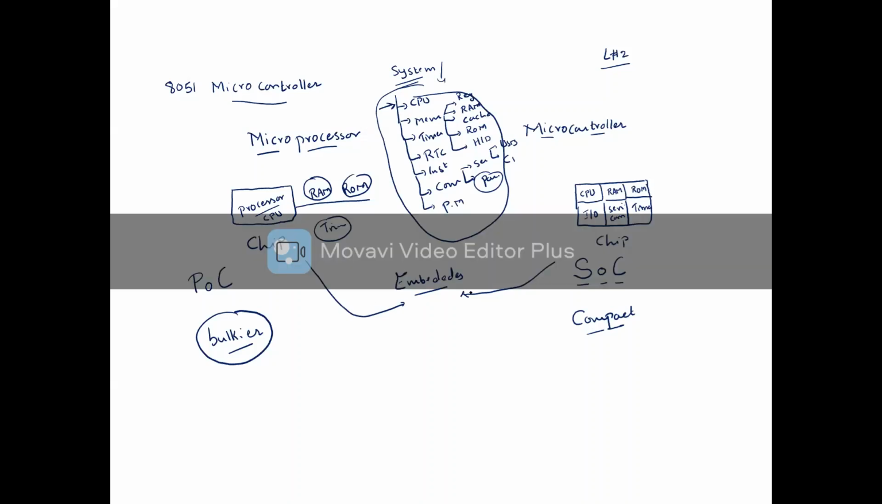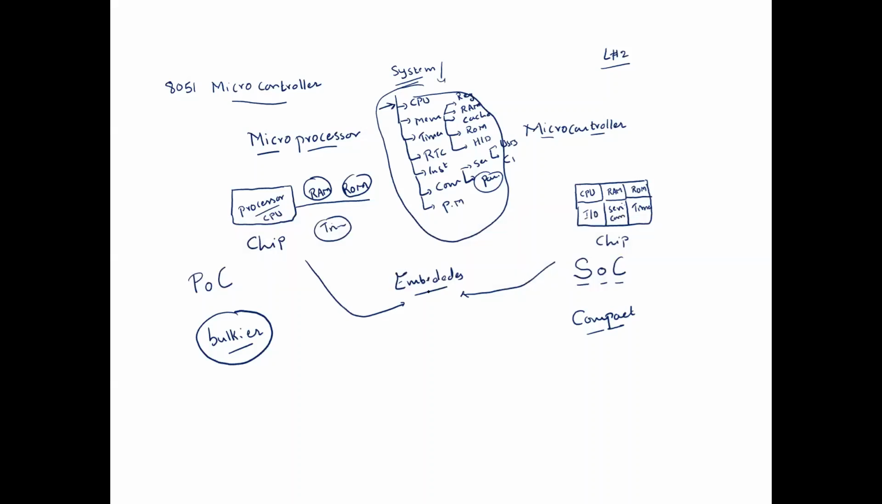Now, if you find advantages with the microcontroller, then why are embedded systems still available in the market with microprocessors? Now, the reason why we prefer a microprocessor is, the first thing is, if you look at